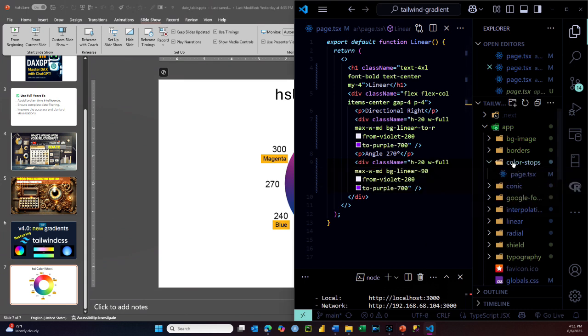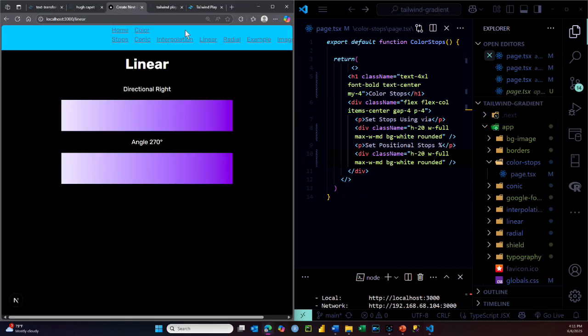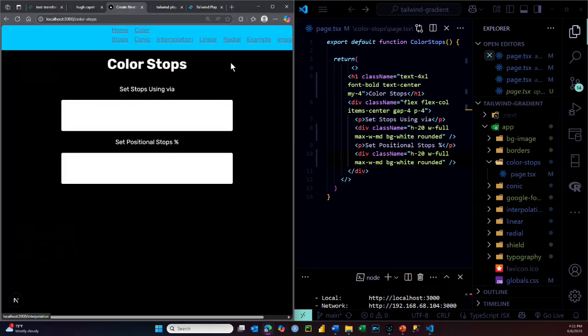We've got my color stops page, page.tsx, and let's get our color stops blank. So color stops are, I just went from violet to purple. You can tell it where to stop in the middle, like first place on the wheel, make a stop on the wheel through that, and then go on to the end using via. So you can set stops from one color via another color to another color. So I'll show you that